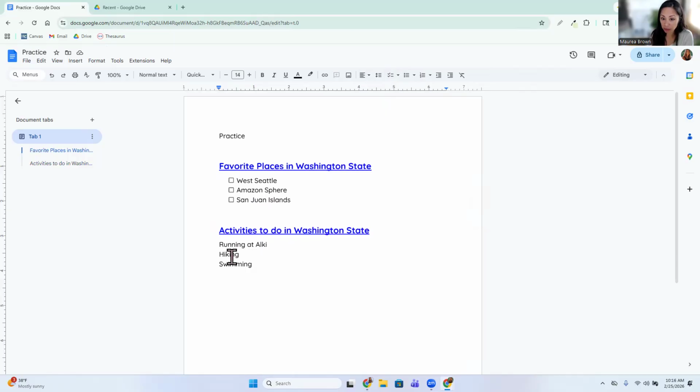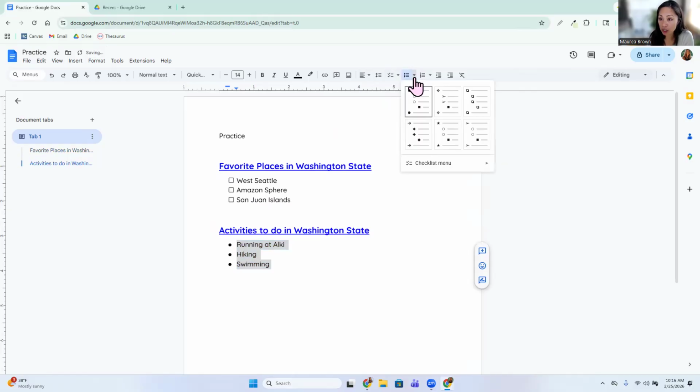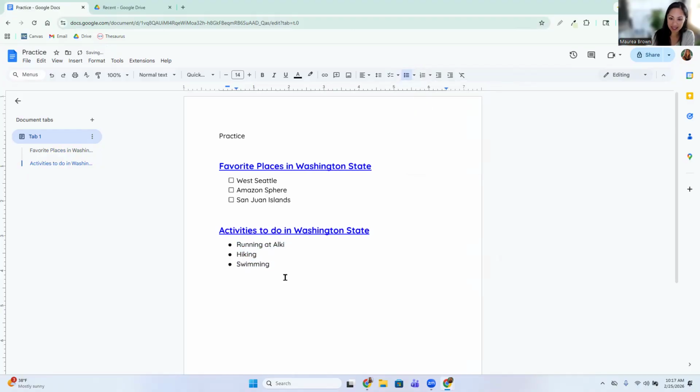All right, so I wanted you to play around. Go here and create whatever you wanted. I use bullets. Again, you can change different kinds of bullets by clicking here, and you can change it to these kinds of bullets. You can change it to, again, checklist if you want. You could change it to arrows. You can change it to stars. You can change it to these other looking arrows, but my favorite one is this one, so I'm going to keep it simple. There it is. All right. So now we've done a lot so far. Let's move on